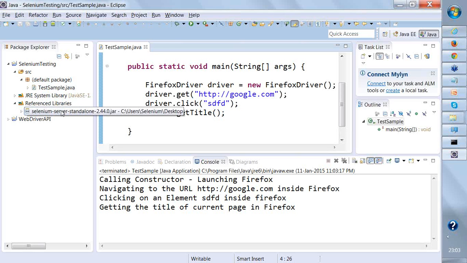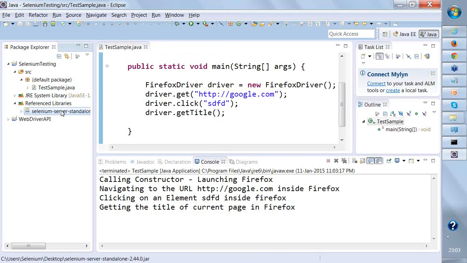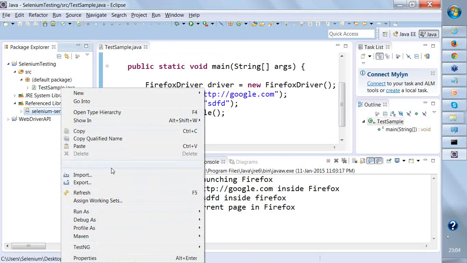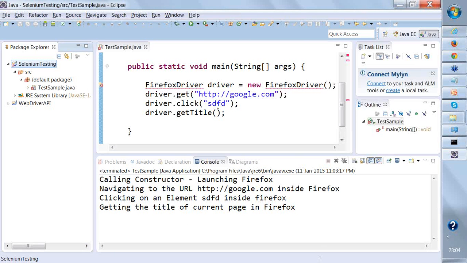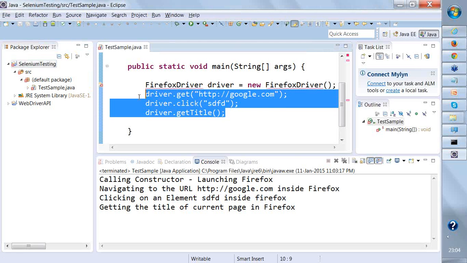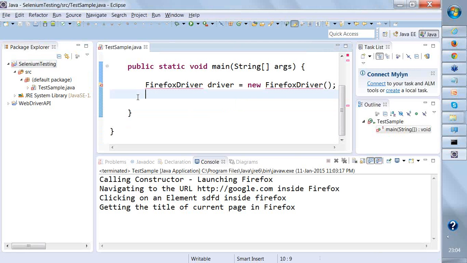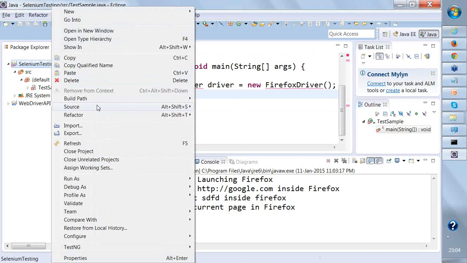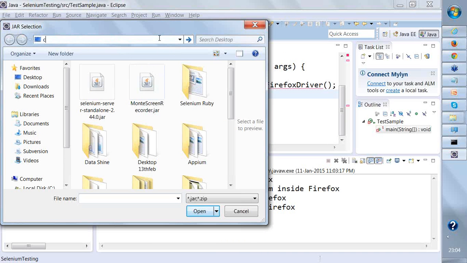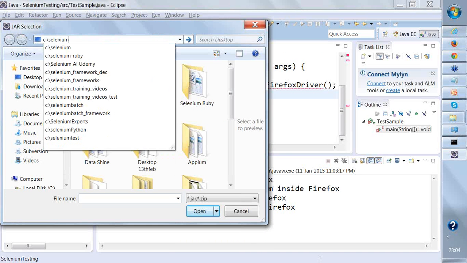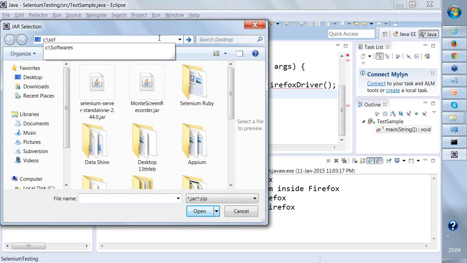Now if I remove this jar file, this is a dummy jar file that we have created, a sample one. I'll go to build path and remove it, and now I'll add the actual jar file. I'll remove all the methods as well, and add the actual jar file that I've downloaded from seleniumhq.org, which is present over here in C drive, softwares,